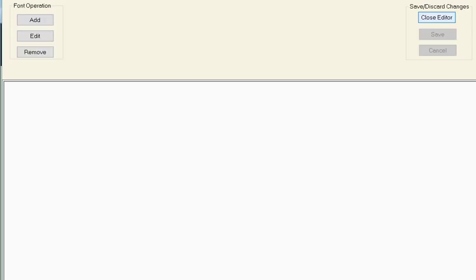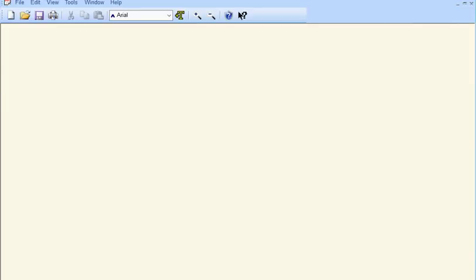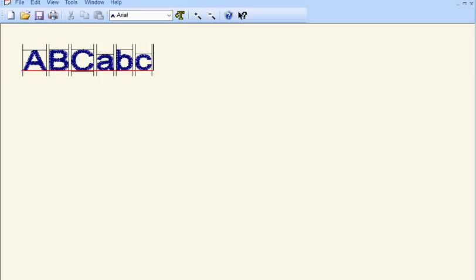Once I've set up the mapping and once I've adjusted the baseline, I can go back and edit anything in that font file, but I don't have to do it again unless there's something incorrect that I want to adjust. So I'm going to close this, and you'll notice now in the font box there are 2 fonts, the Arial font and the Brits Easter alphabet font. So let's choose the Arial font, and I'll type in a few letters in the Arial font like A, B, C. If I want to change my font, I would go to another font in the list